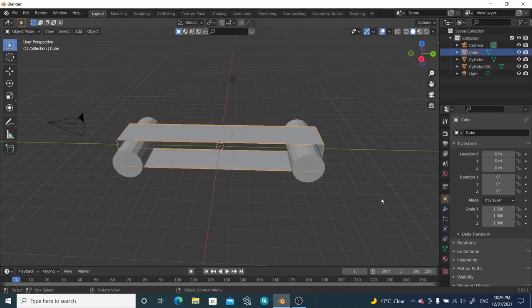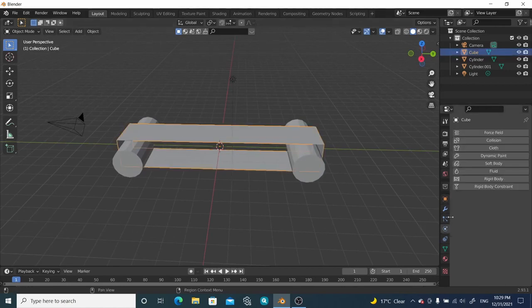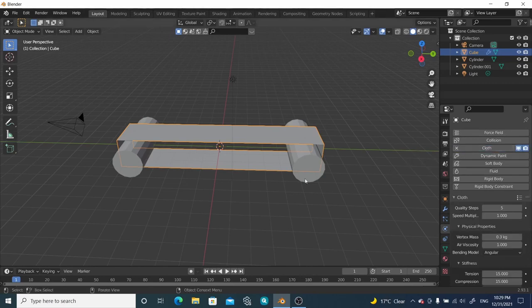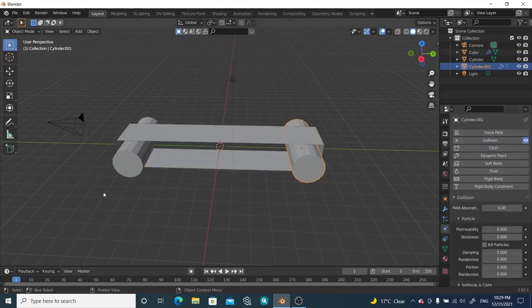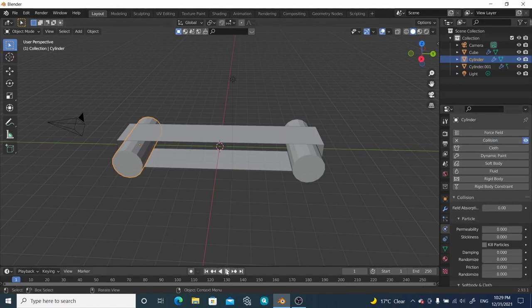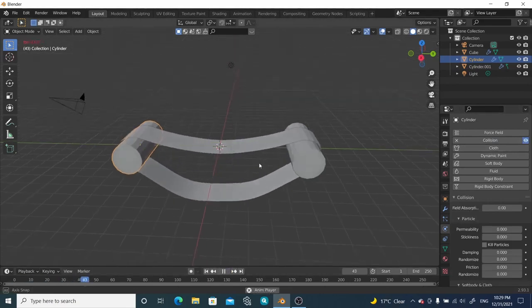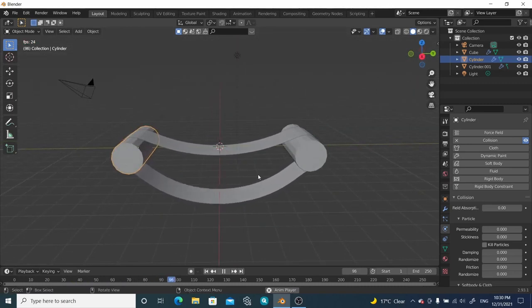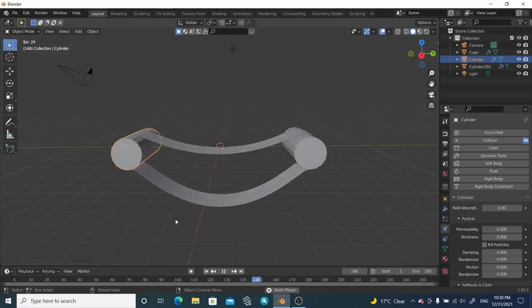Select this cube and go to the physics tab, apply cloth to this, select this one, apply collision, select this one and apply collision. And let's check it out. By playing we can see our cloth effect is working on the belt, but you can see there is so much